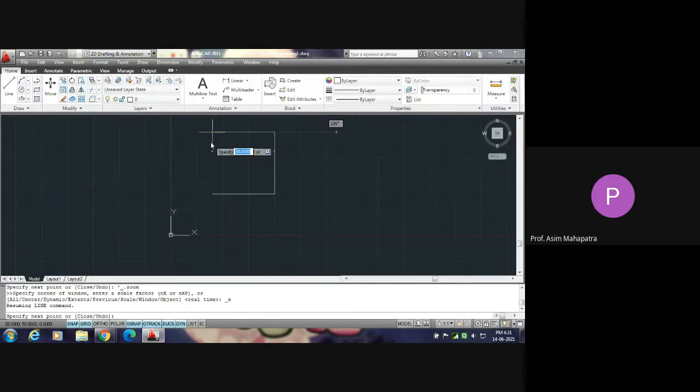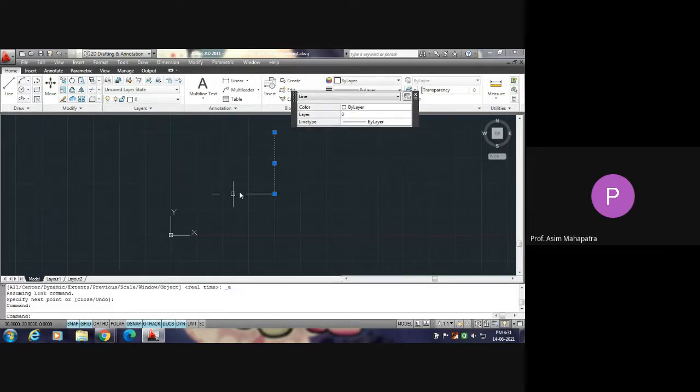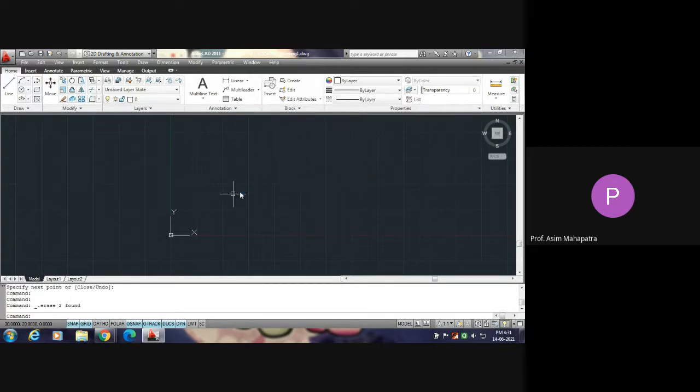Now it is 30. Oh sorry, it has not clicked properly. Give the line command. Press anywhere. Just type 30, enter. Keep the cursor in vertical position, 30, enter. Keep the cursor in horizontal position, type 30, enter, and then C, enter.